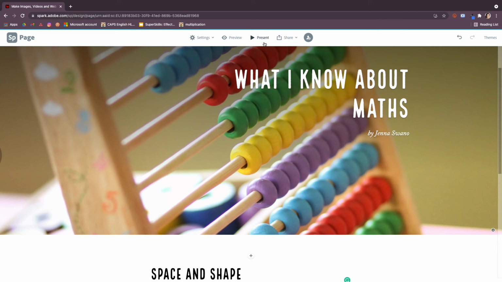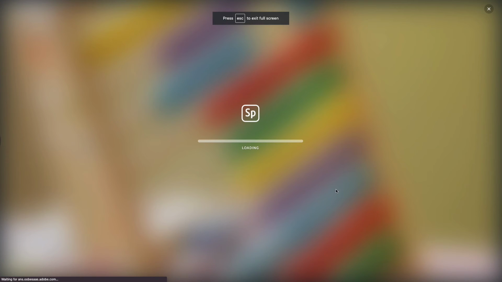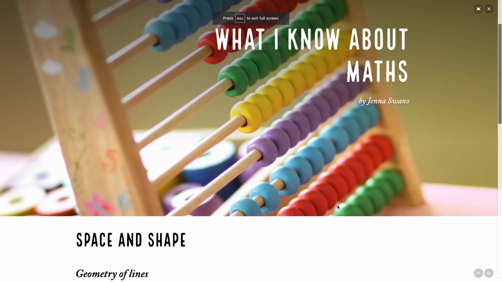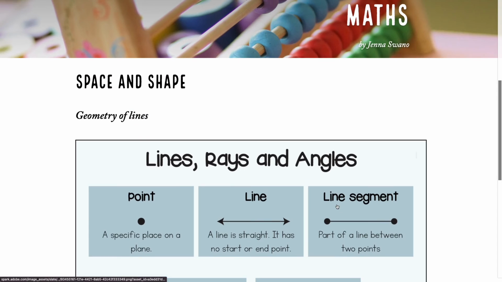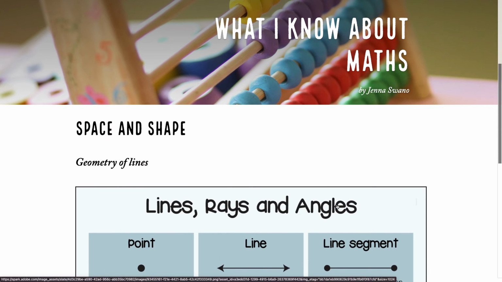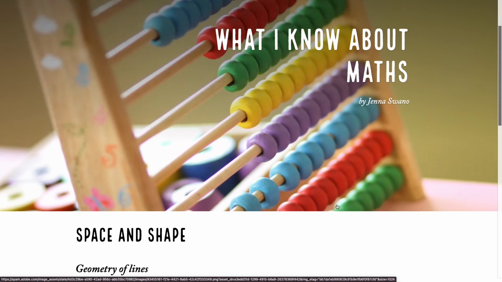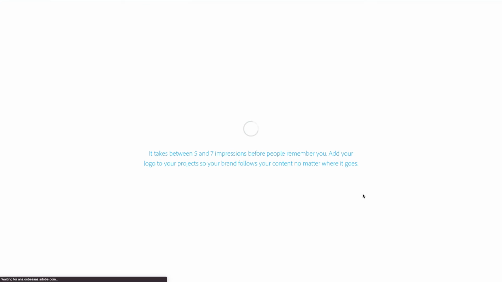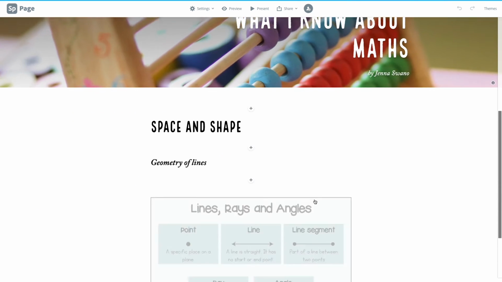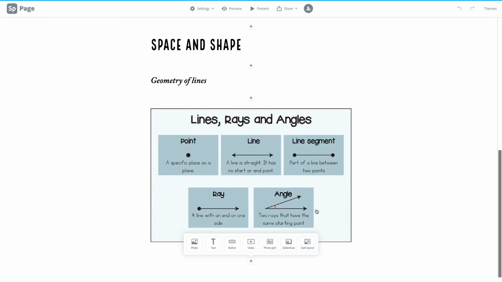Once students have that web page, they'll be able to see something that looks a bit like this. And it's going to have all of the theory that they need to tackle those mathematical concepts and problems. And they will be able to access this from anywhere. So they could save this web page to their browser in their bookmarks, and they'd be able to access it at any time. They can also go ahead and